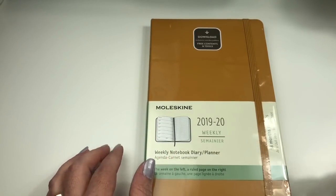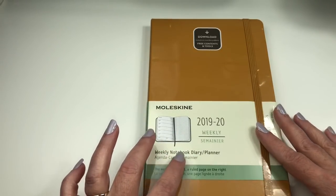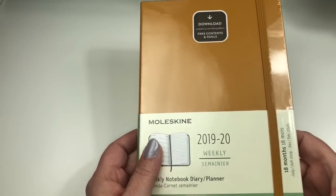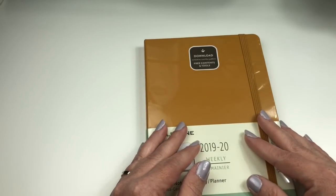In today's video, I am going to go over and open up this Moleskine weekly notebook diary planner for 2019 and 20. Alright, so this is a weekly planner, and you guys are probably wondering, what the heck are you going to